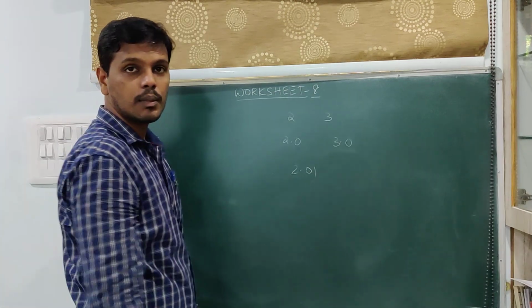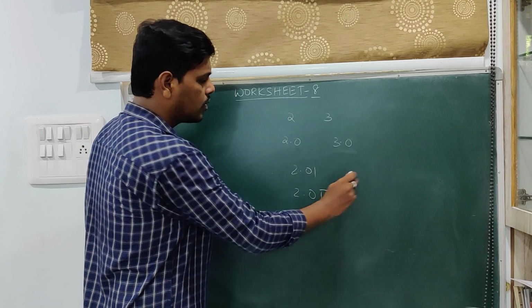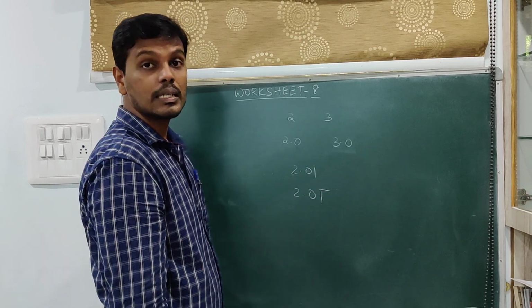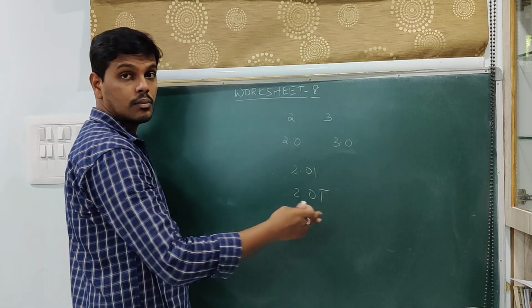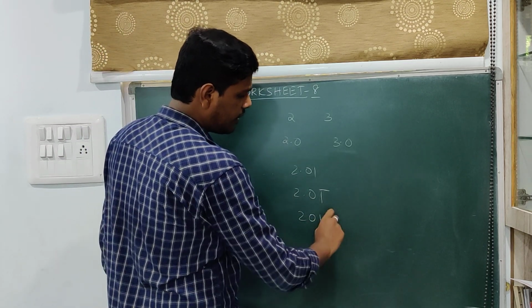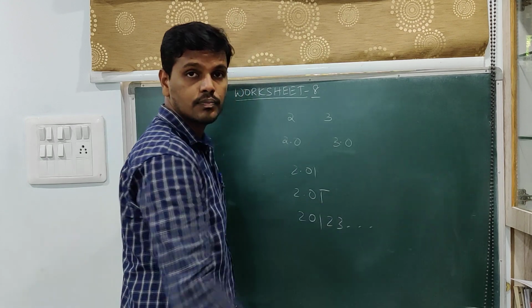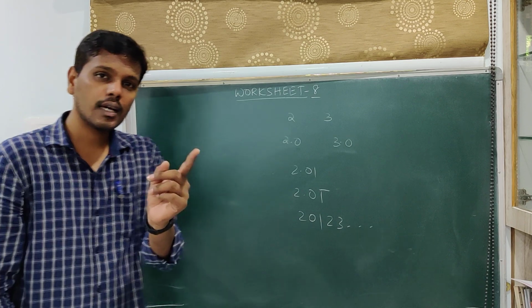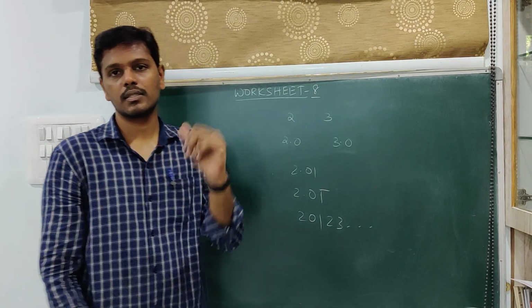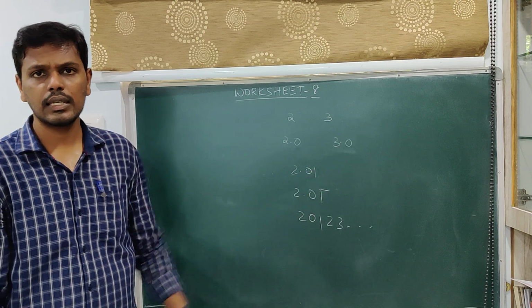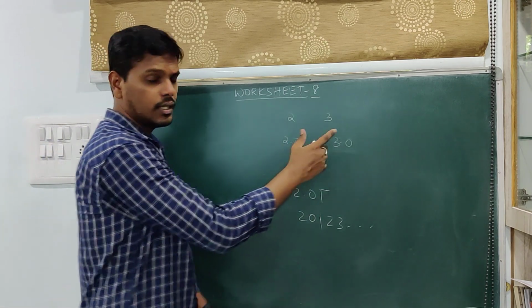If you want a non-terminating repeating decimal, put a bar on 1. If you want a non-terminating non-repeating decimal, just write 1 and any kind of numbers where there is no repetition. That will suffice the requirement. So just increase the number of decimal places. That will give you the numbers between the given two numbers. So that is the case that applies for every pair of numbers.